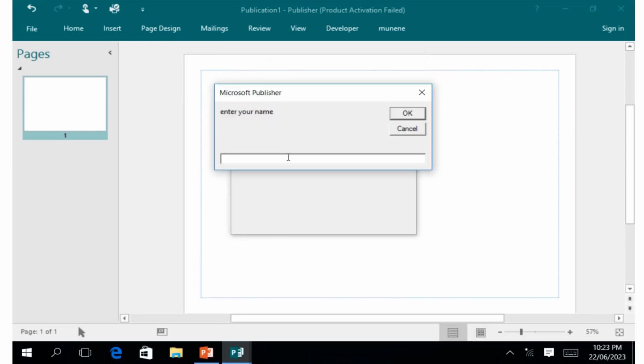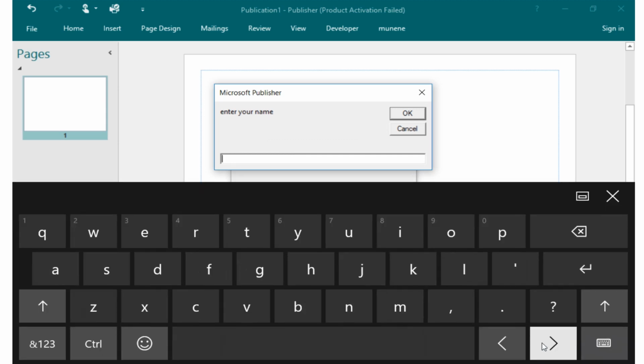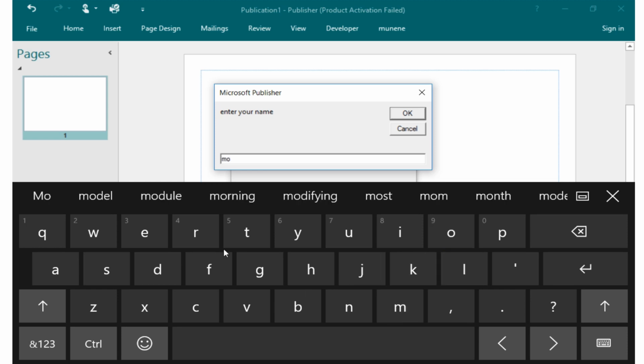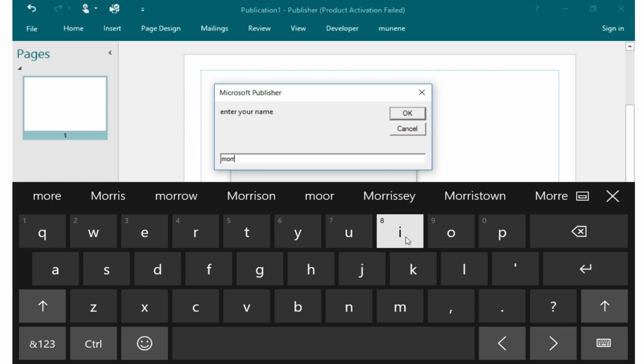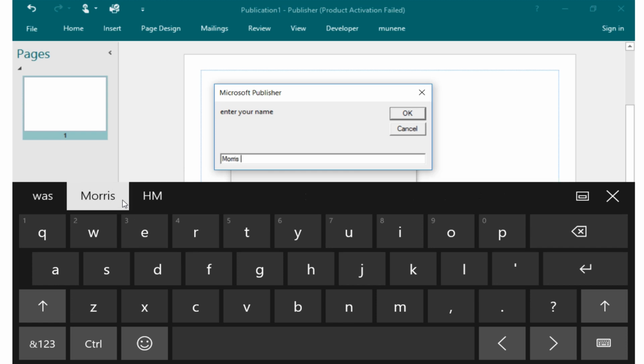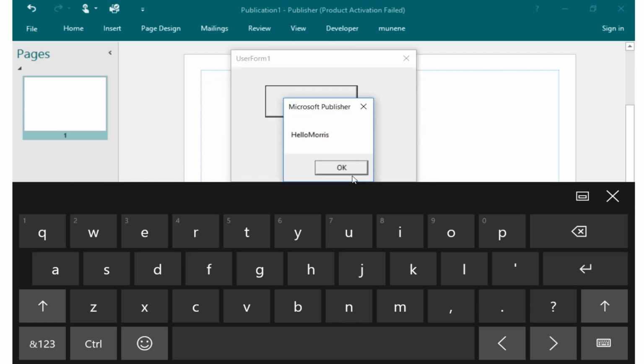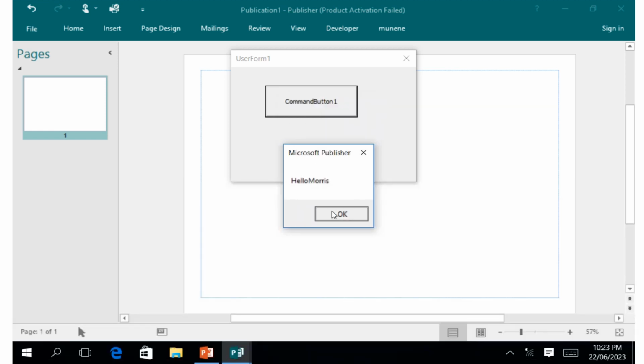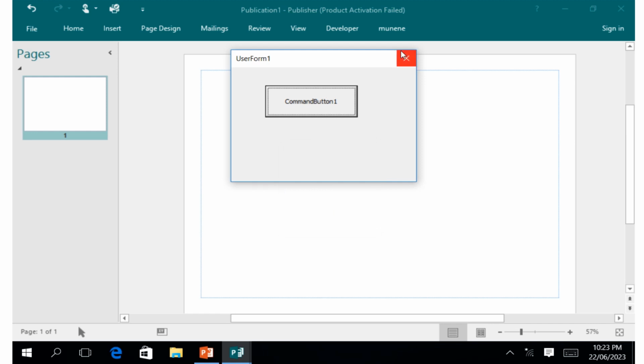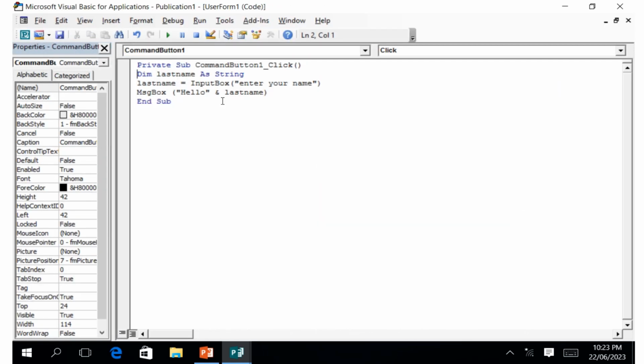If we click on it, there is a provision where we are supposed to enter the name. The name is, maybe, Morris. Then we click OK, and there I have Hello Morris. You can see here we don't have the space in between the words. So what do we need to put in that space? We need to put another